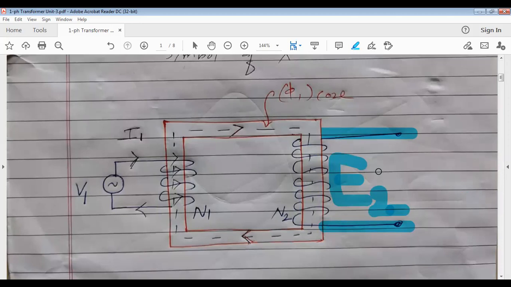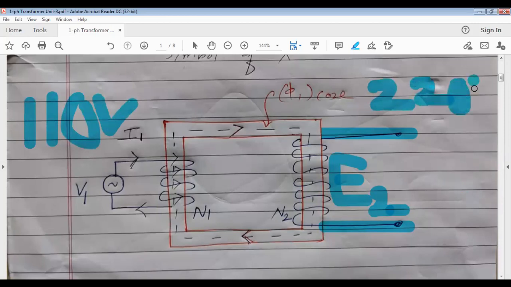So although EMF E2 gets induced, consider this transformer with specification 110 volt/220 volt. Every transformer is not open; it is covered with an outer metallic body, and on that body you can find a rectangular plate on which the specifications are given. Its kVA rating is given. The transformer you used in the last 6th experiment is a 1 kVA transformer, 110 volt/220 volt. This is written on the nameplate.